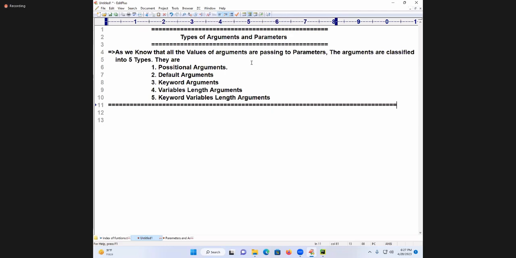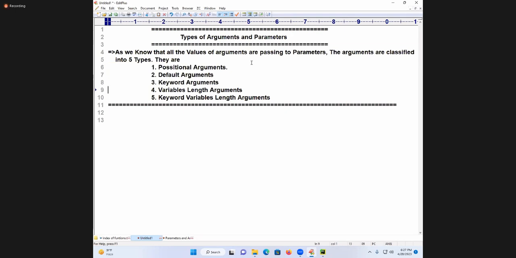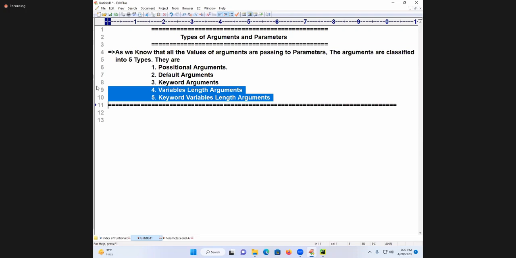First three I will discuss in today's class, and the next two I will discuss tomorrow. By the end of tomorrow's class, you will have complete knowledge about how the data will be transferred from function call to function definition. So data transmission will be done from function call to function definition. Shall we move forward? Students in the online, did you understand this meaning?